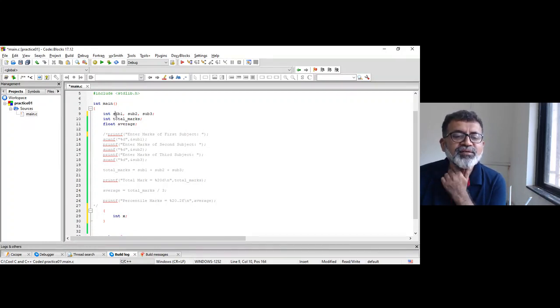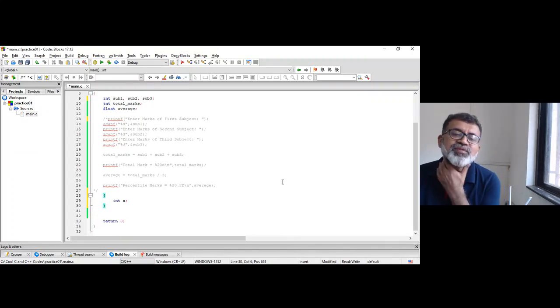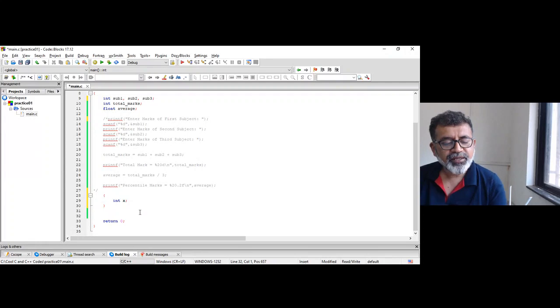So if I declare three variables, okay, suppose some code is there, and I declare one more variable inside an opening and closing bracket, right? First of all, is it valid? It is valid, because I am creating a new block here, right?